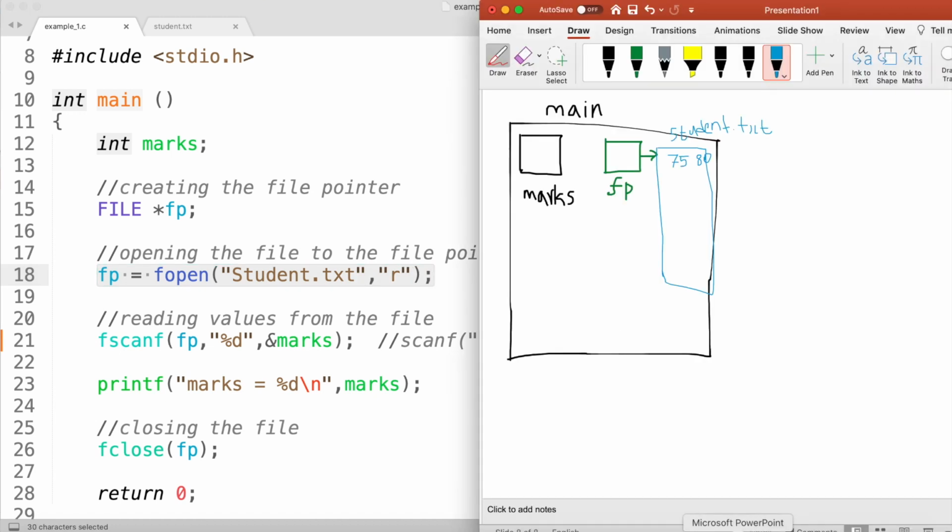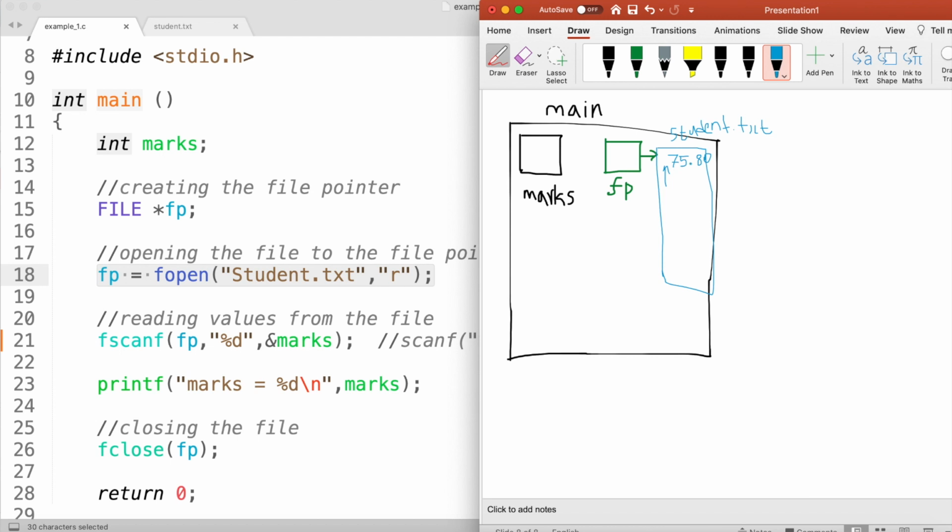This is how my program memory looks. Now I'm going to do the fscanf. I'm trying to scan from my fp file stream. At the beginning, my reading cursor will be at the beginning of my file. Then I'm reading the integer value. An integer read means it will read the sequence of digits until it finds a space, newline or tab character.